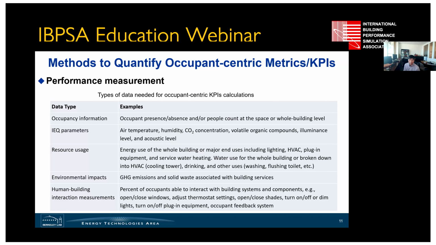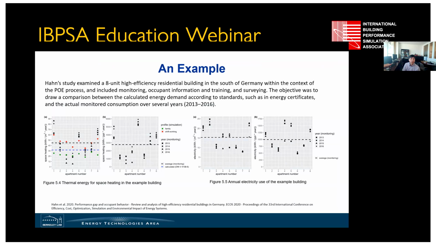So I think this is very important, and usually we don't pay much attention to this, but it becomes important as we are pushing toward zero net energy buildings. I think the occupants have a growing role in ensuring those low energy buildings are actually operating to meet the design intent and achieve their energy goal.